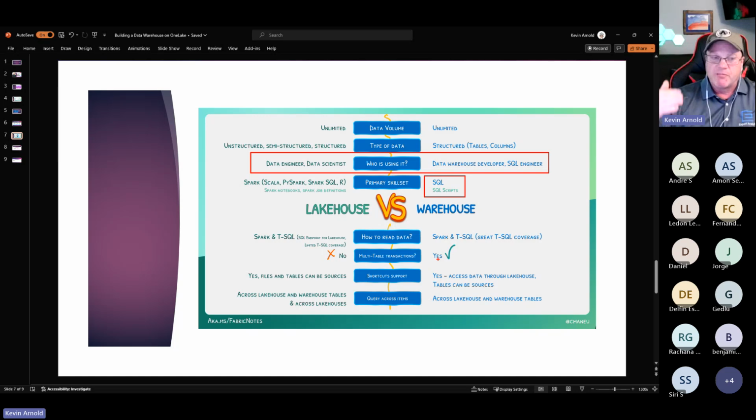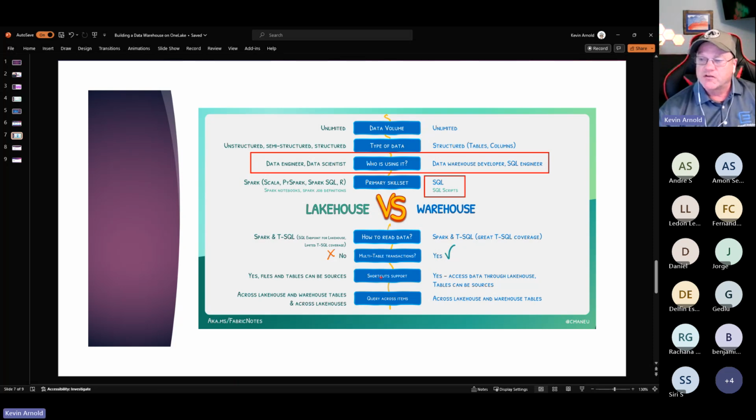And not only can you do that by starting a transaction on the data warehouse, and we do this in SQL a lot too, we may start a transaction, process 2 or 3 tables, and then actually commit it. And then that's when all the changes to those 2 or 3 tables are all recognized by others all at the same time. So the warehouse has a multi-table transaction model built into it, kind of like what SQL Server already has today, where the Lakehouse side doesn't have that today. I don't know that that's even on the roadmap, but this is right now a definite benefit for warehouses.